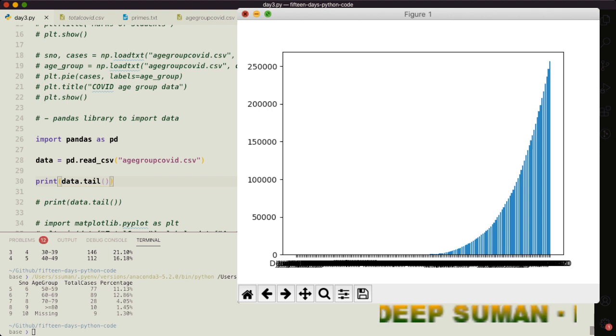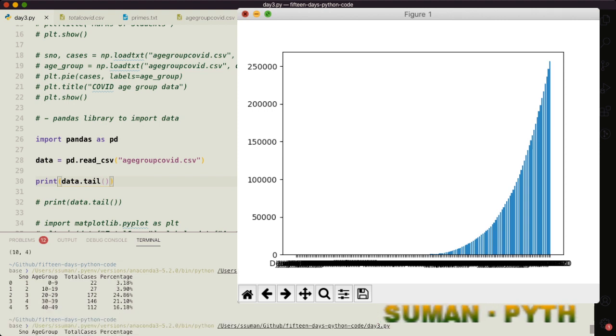Suppose you want to access the total cases data, then simply copy this attribute, copy this, and simply use this. And now you can get the column related to total cases.